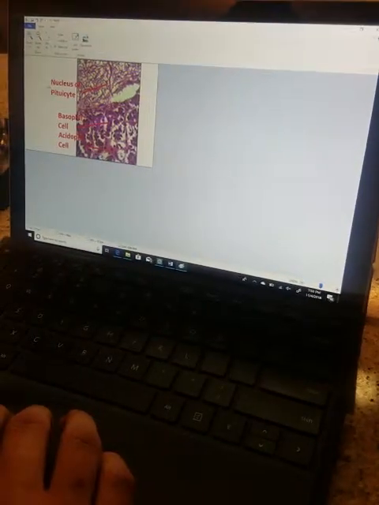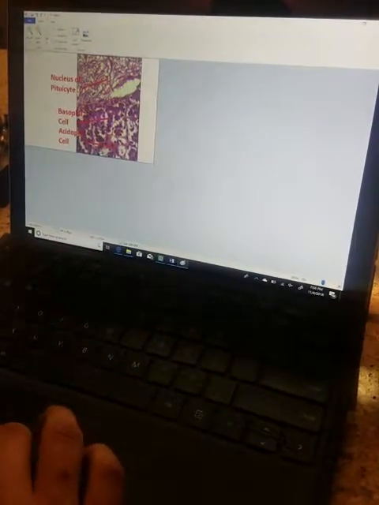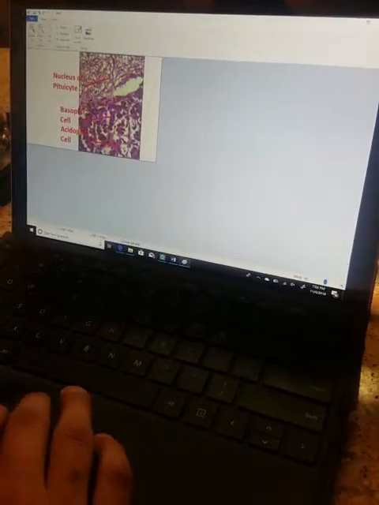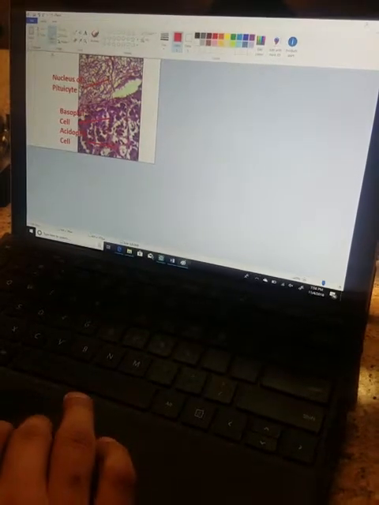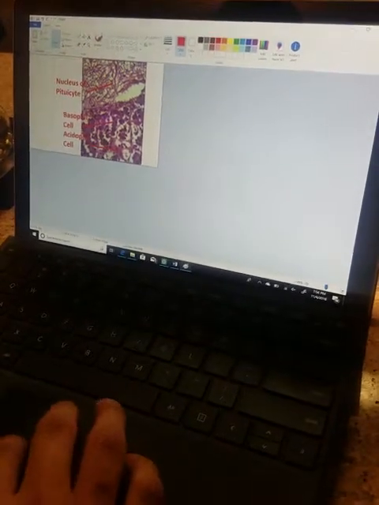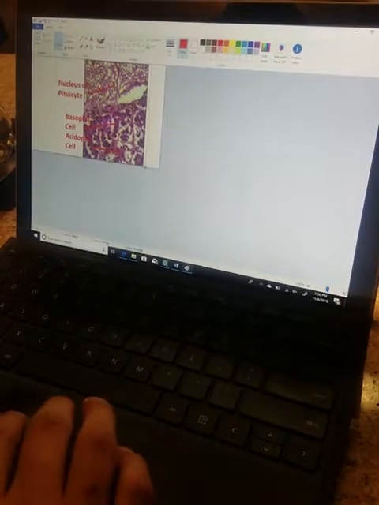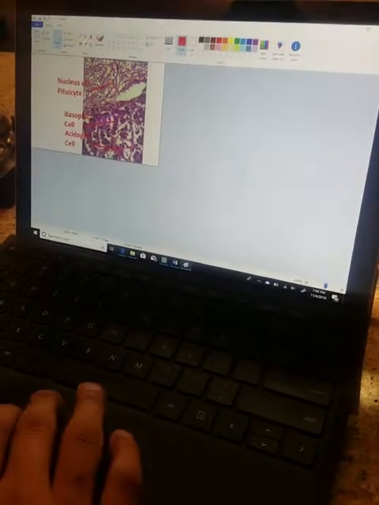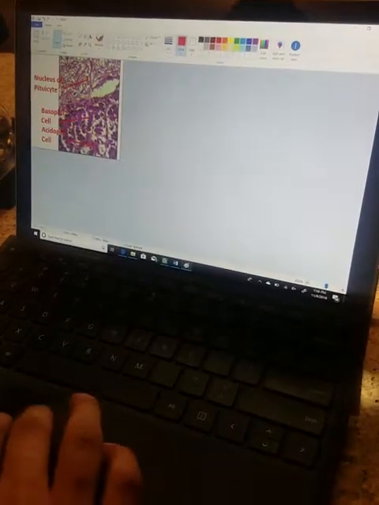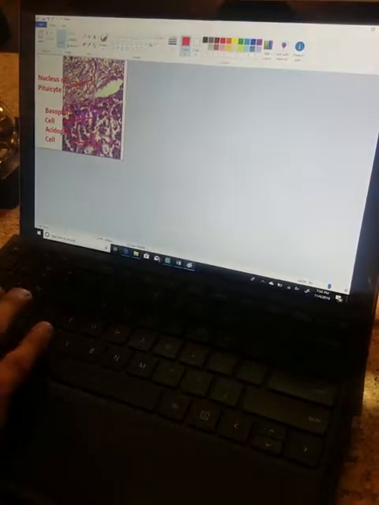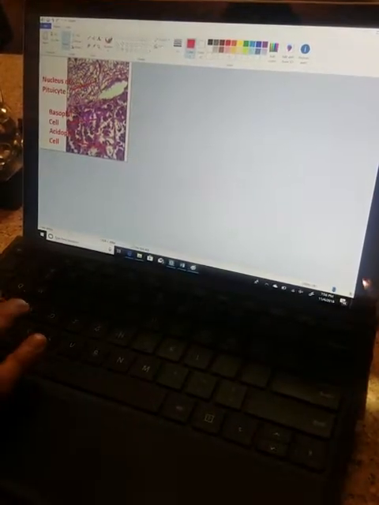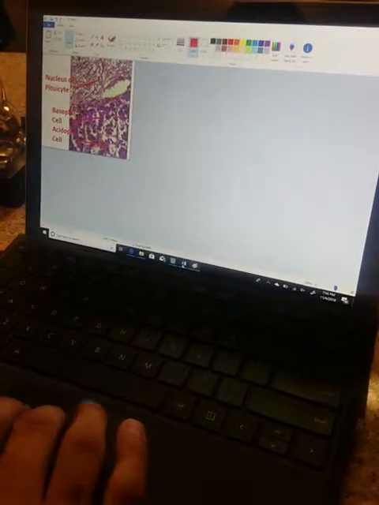So okay, from here you can see there's a lot of white space, so what I like to do is just crop it so that way it fits a little bit better. So then I'm just going to highlight the sections that I want and go ahead and hit crop. From here I just select everything, so I do Control A and Control C,